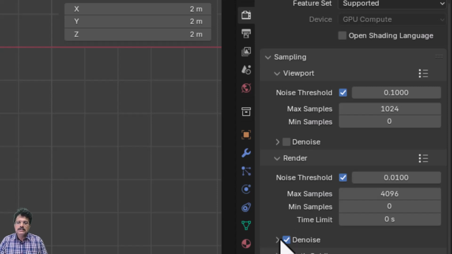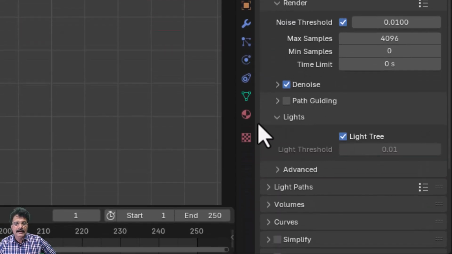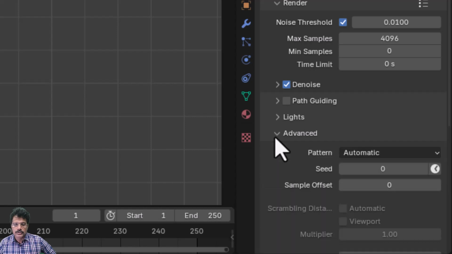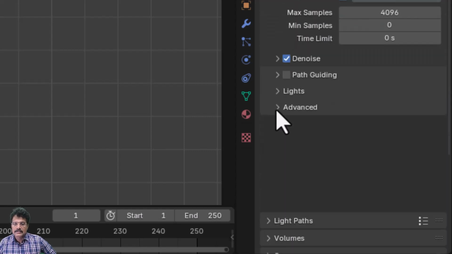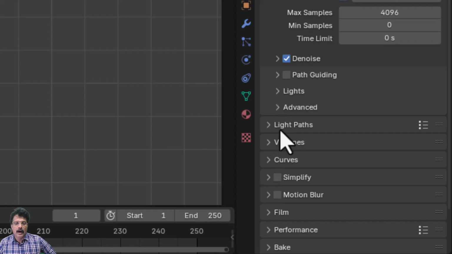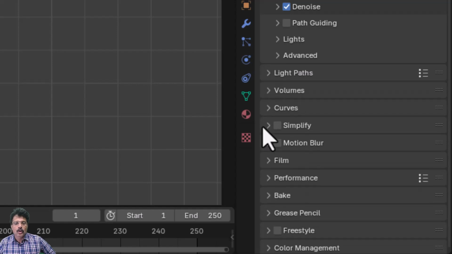And denoise means even if you render it with lesser samples, you still can get a good image by denoising it. So these options we will explore later. Then you have path guiding, then you have a lot of options available under light, you have advanced options in light. So these things are all available in Cycles. Then you have light paths, you can set the light paths, and then you have the volume, curve, simplify, motion